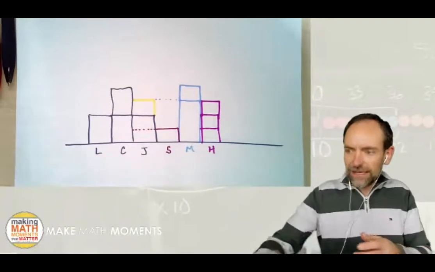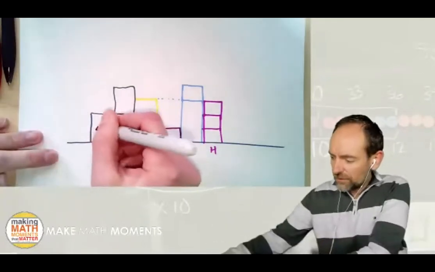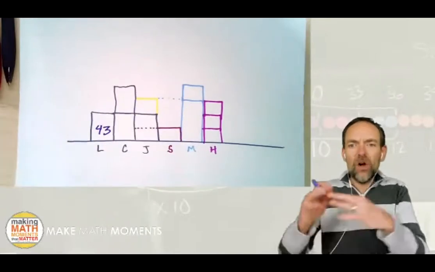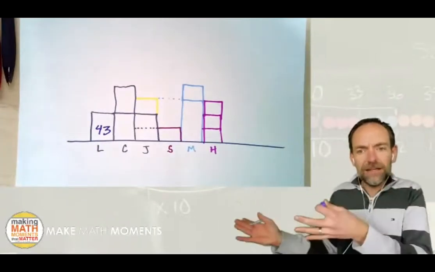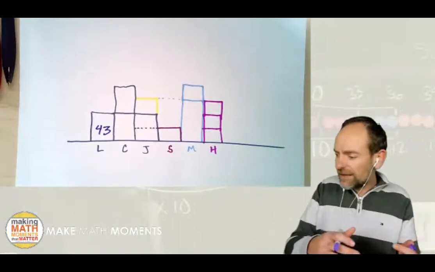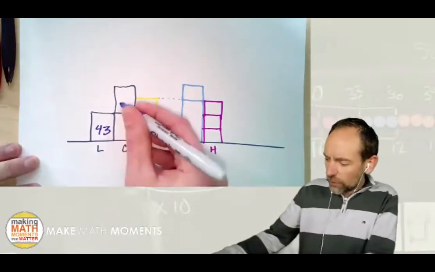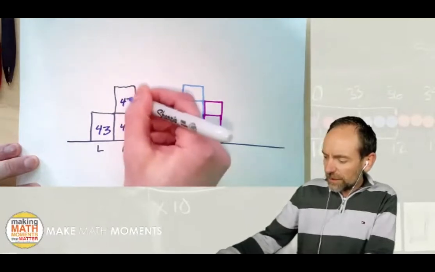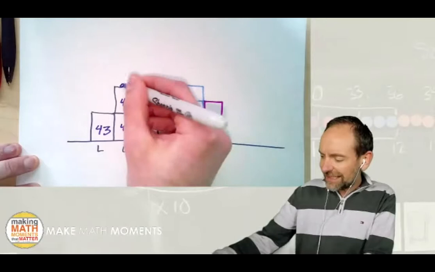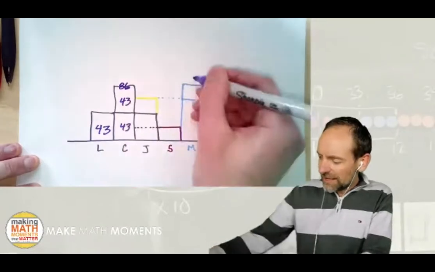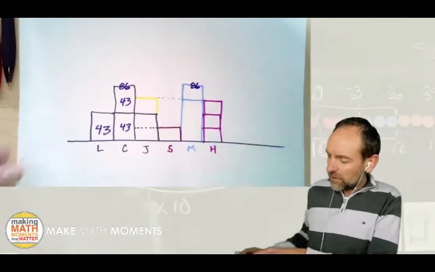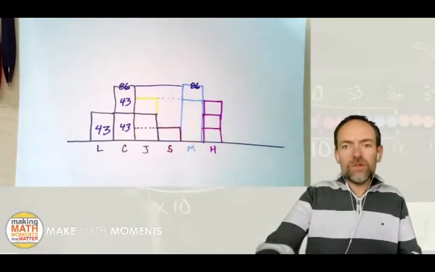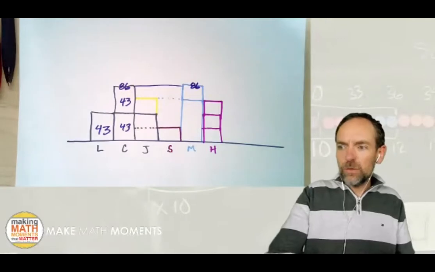So now, if Lucia collected 43, what else do I know here? I can use all kinds of thinking. I can use multiplicative thinking. I could use additive thinking, right? Some students might add 43 twice and go, okay, if this is 43 and this is 43, that's going to be 86 total. I don't even have to do a whole lot because I knew these were the same. And students work through the problem in this way.